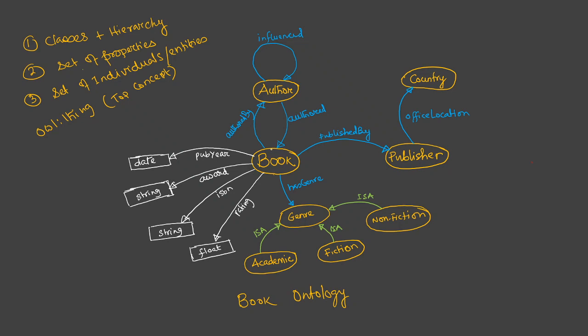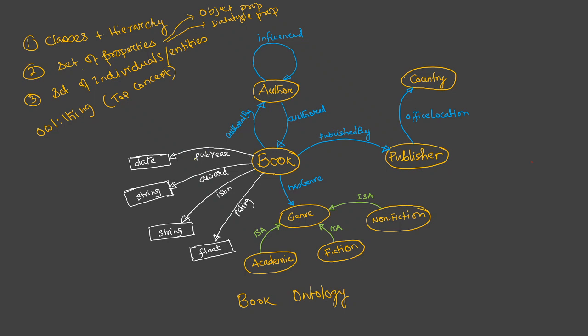Now, as you can see that different things in this ontology have been colored differently. So the concepts have been colored using yellow color. So book, author, country, publisher, different genres, they are different classes or the concepts. And the object properties, and these properties, as we have discussed, can be object property, or a property can be data type property, right? Now, you can see that we have colored these object properties as green and colored the data type properties